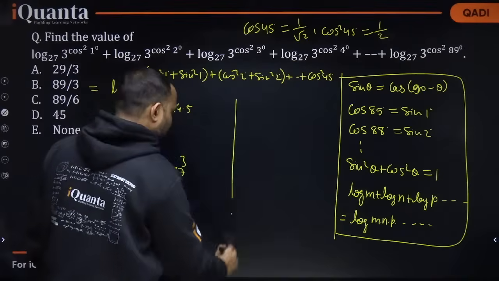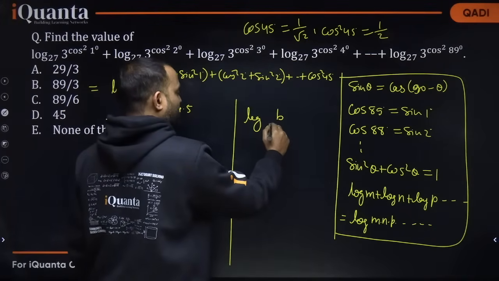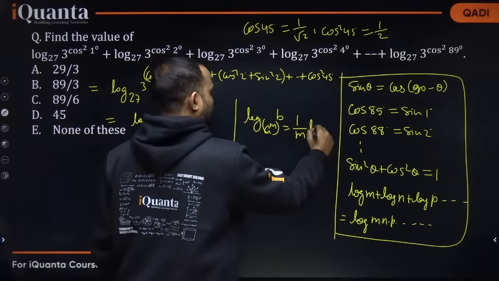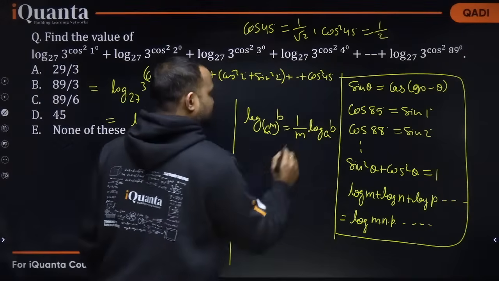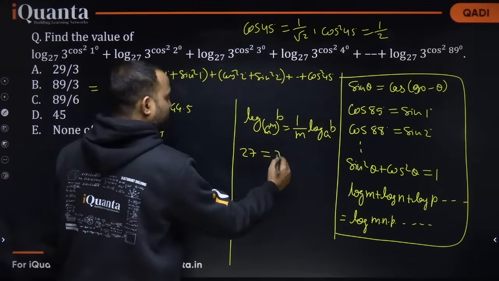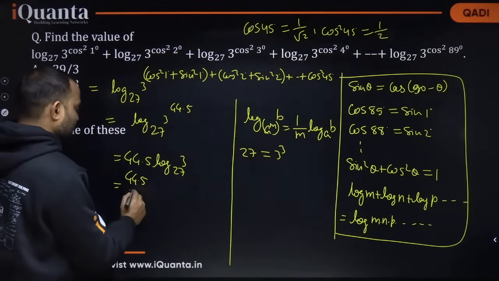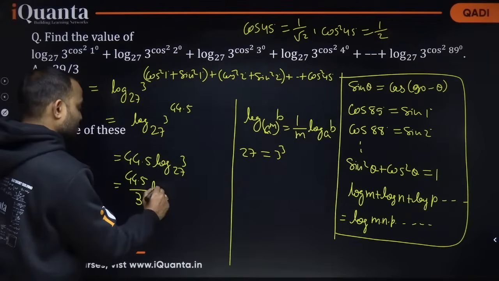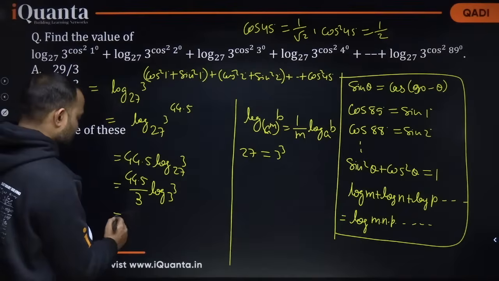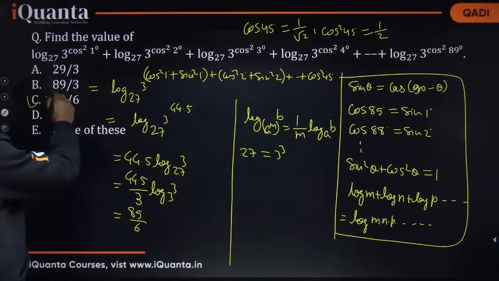There is another concept that we are going to use here, that log of b to the power m with base a is equal to 1 by m log b to the base a. So now 27 is equal to 3 to the power 3. So this will become 44.5 times 1 upon 3 log 3 base 3, which is equal to 1. Log 3 base 3 is equal to 1. This gives us 89 by 6. So the answer is option C,